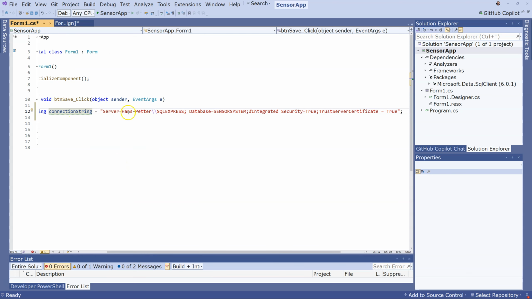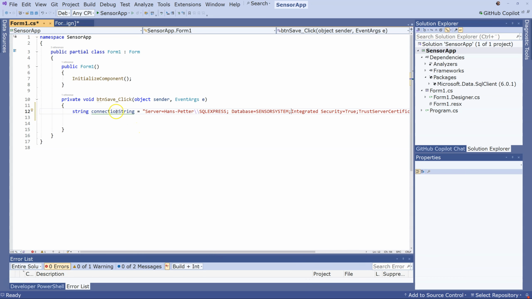Here I specify the server, which is my server. Of course you need to use your own server. Here's the database name. You can use that name or your own name. And then we have this integrated security true, and then trusted certificate equals true, like this. So that's the connection string. So far it gives a warning that it is not in use, so we need to start creating the code. And the next thing we need to do is to create the query string that should be